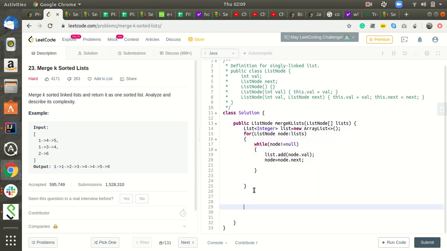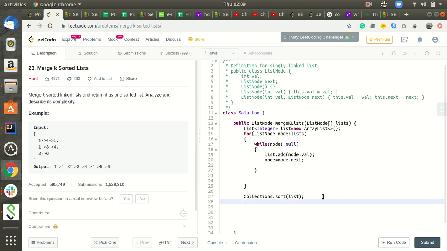So now I'm sorting that list. Collections dot sort list. Did this. Now I need to create a linked list.